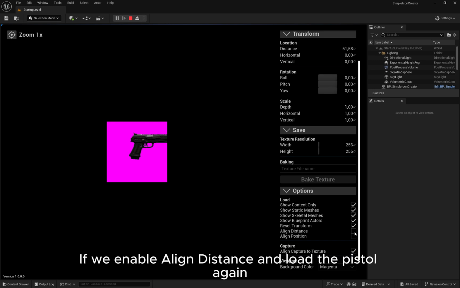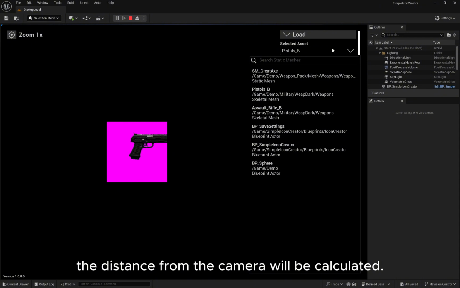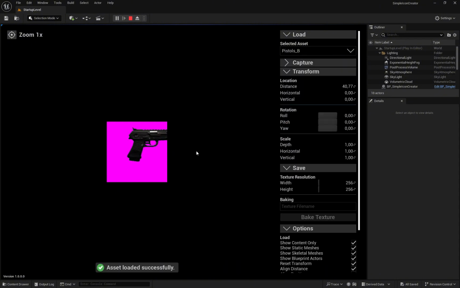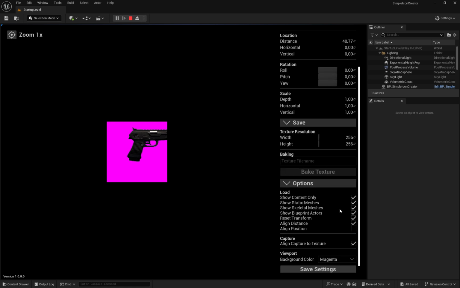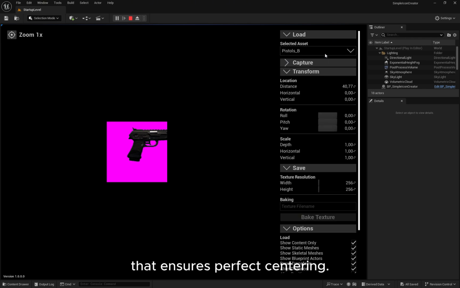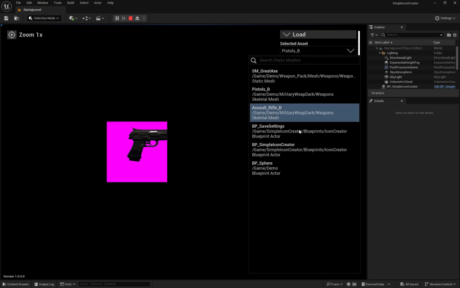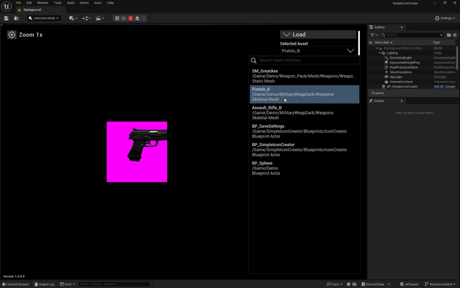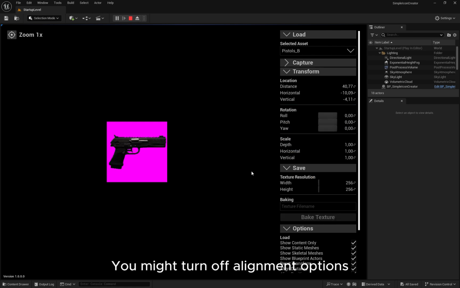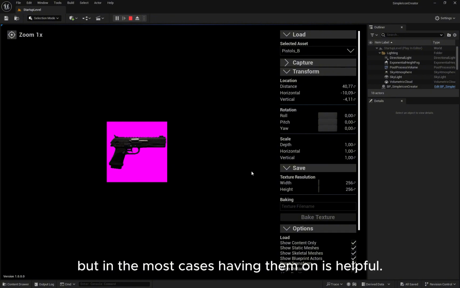If we enable align distance and load the pistol again, the distance from the camera will be calculated. If we enable align position again, that ensures perfect centering. You might turn off alignment options when creating a consistent set of icons, but in most cases, having them